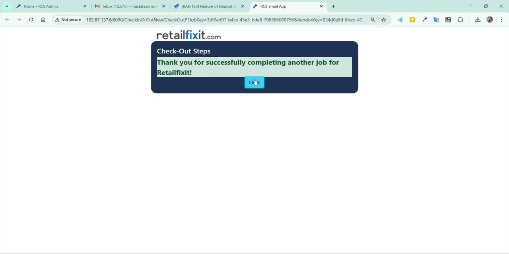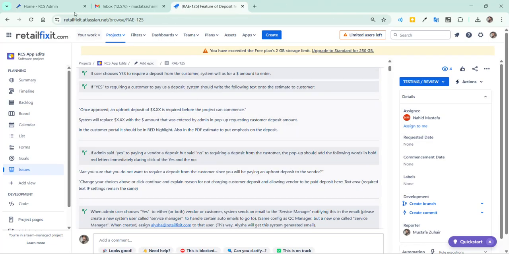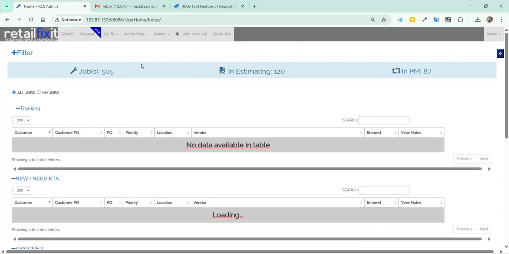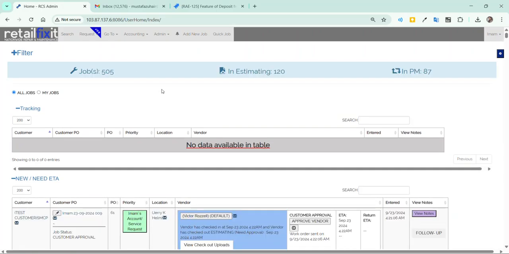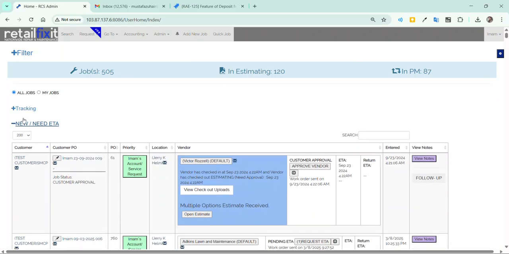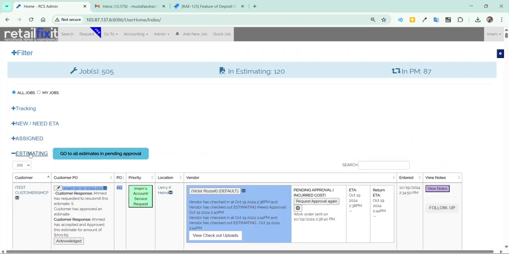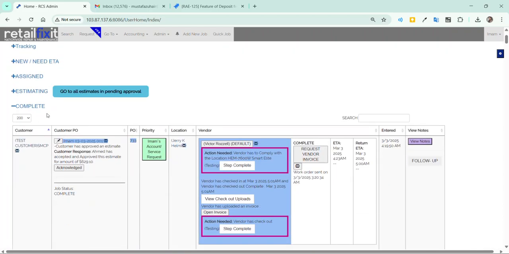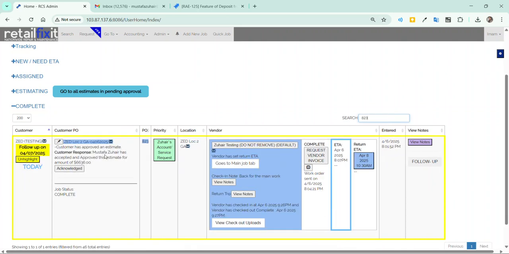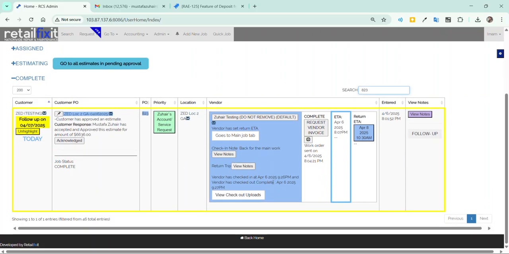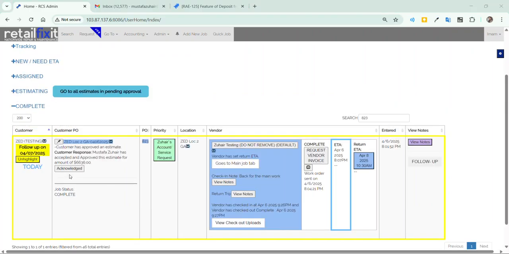All right. And now if we come back to the job, it's not going to be on tracking anymore because it has gone to complete. So just minimize all these tabs. Of course, there will be lots of jobs over here since it's a test server. I apologize for that, but let's go to 823 directly and say basically the return trip and everything that we actually do on the regular basis. So in this complete grid, let's click on the job first,